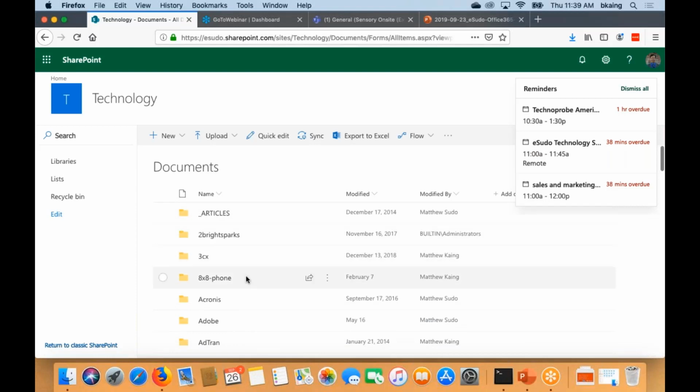If I want to make this available to me on my OneDrive so that it looks like it's available in my file explorer, I just click on sync, and now I select, it'll open up my OneDrive and say, okay, make it available offline for me. If you need to work on a particular document, you can make that particular folder available to you offline instead of having to be connected to the internet all the time.